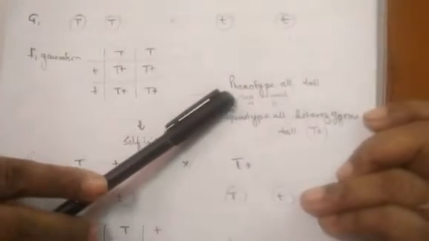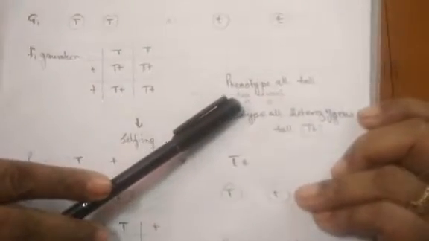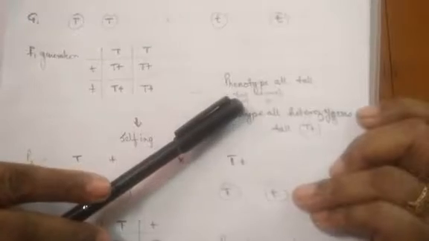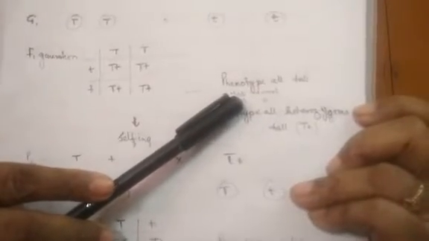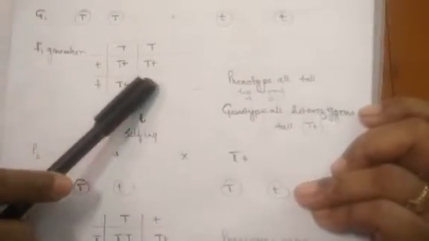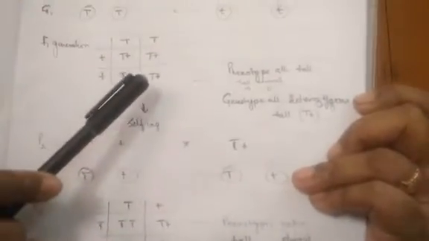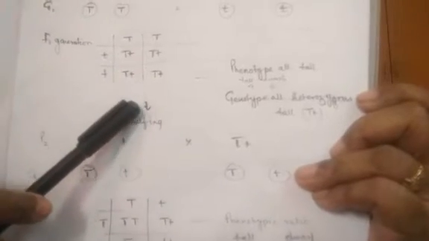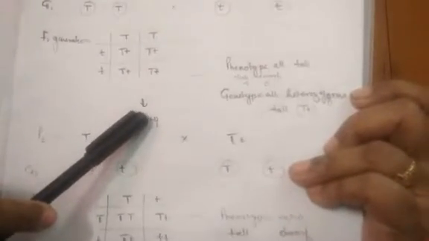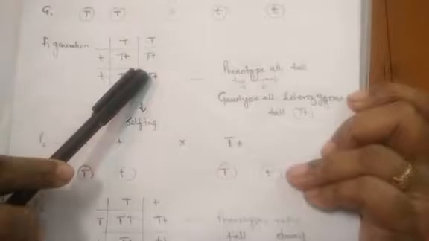Clear? So in the first filial generation, the phenotype is all tall, and the ratio for tall and dwarf is 4:0. The genotype is all tall, but that tall is not homozygous, it is heterozygous tall, or we can call it hybrid tall. Now these will be the parents for the next generation. Clear? They will grow the plants and become the parents for the next generation.